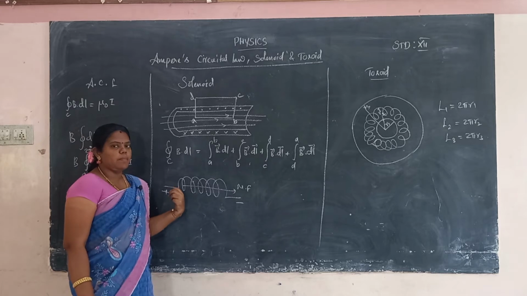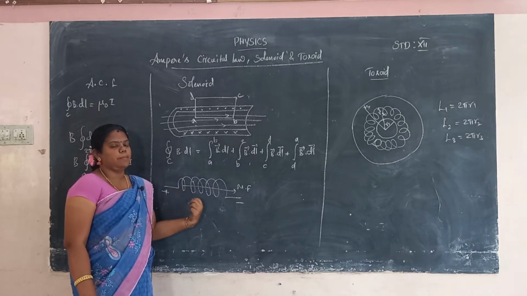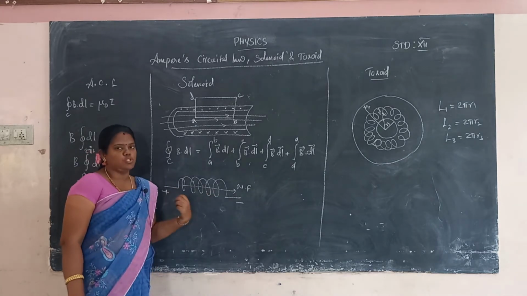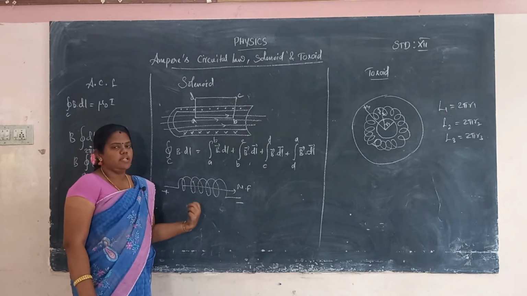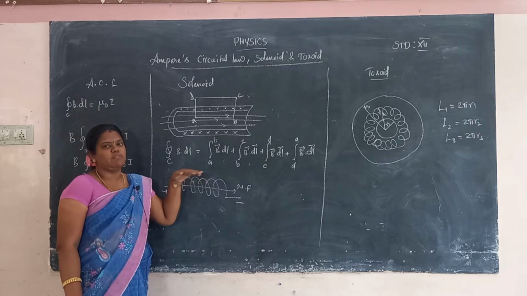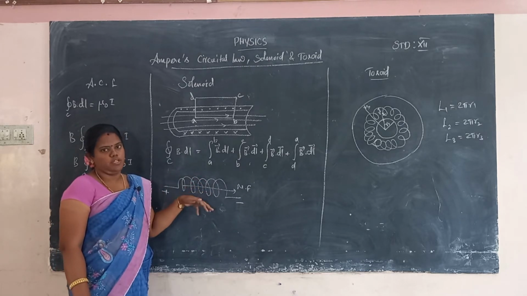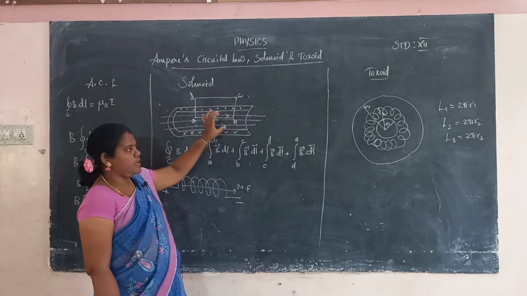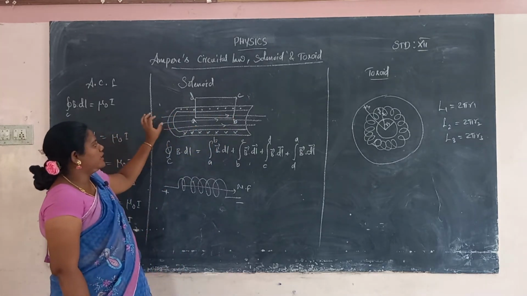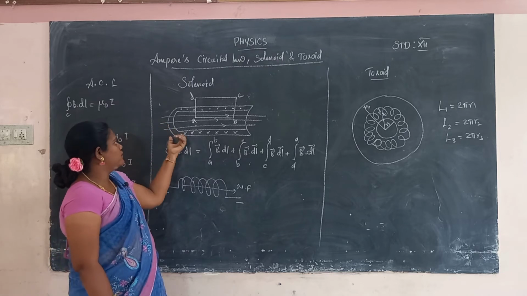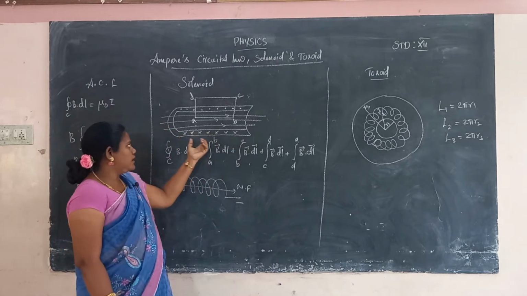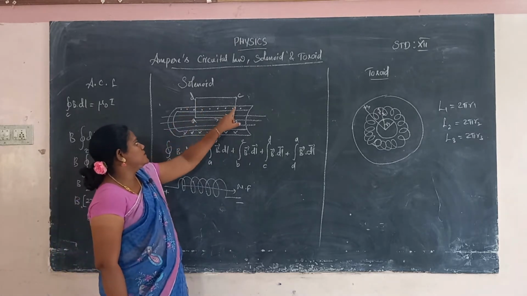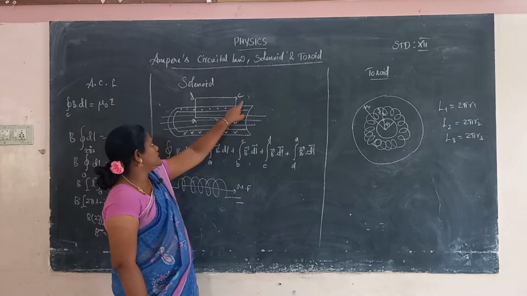Current is applied to the solenoid, which is mostly made of metal. The current is connected between the two ends of the solenoid and flows through it, and the magnetic field is created inside the solenoid. The solenoid is considered one conductor. The current flows from one point to another, and we have to consider 4 points in the solenoid, mentioned as A, B, C, D.